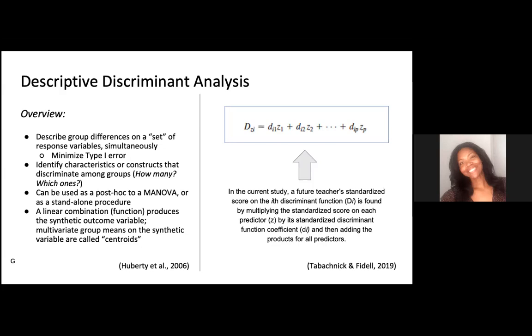The questions that we can answer with this that were of interest to us is what constructs or what predictors or ideas separate the countries in terms of math teacher preparation. How many of them do and which ones? And so that's why this form of analysis was useful to us. And again, the formula to the right is basically the linear function. So we get several different functions when we run the analysis, and we pick the one that means the most. Instead of means, we're going to be talking about centroids. So centroids can be considered a multivariate form of means that we're comparing when we look at country differences later on. Any questions so far?